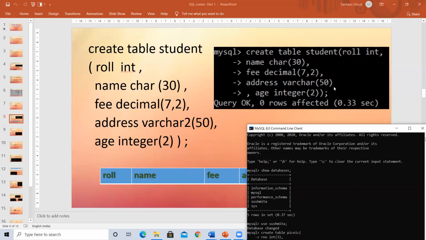See, I forgot to give a comma here, so I came down and gave it here. No problem, it is not going to give any error. And age, now with integer I'm specifying the width. So int is acceptable, integer is also acceptable, bigint is also acceptable, but bigint definitely takes more memory. So bigint will only be used when I talk about maybe a telephone number, a 10-digit mobile number when I have to store, or with the code of the city I have to store. So it becomes a problematic thing if I don't specify bigint. Integer doesn't take more than 9 digits. Fine. So that is what.